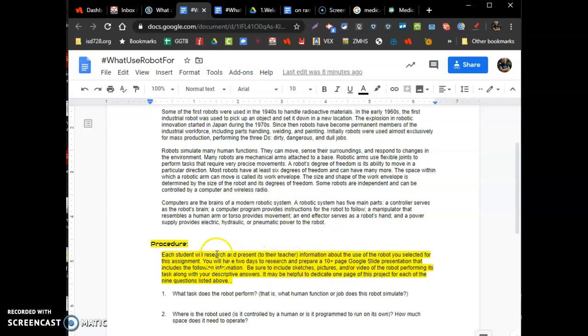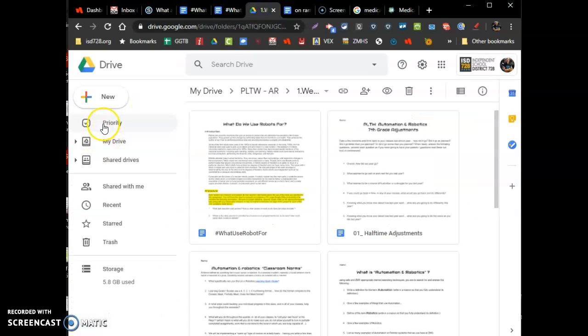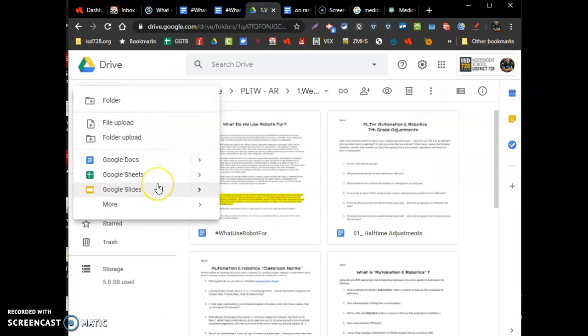And so I have 2 days, good, to prepare a 10+ page Google slide presentation that includes the following information. So basically here is slide 1 of your slideshow. You're going to answer what task does the robot perform. That is, what human function or job does the robot simulate. So what you can do is just create a Google slide